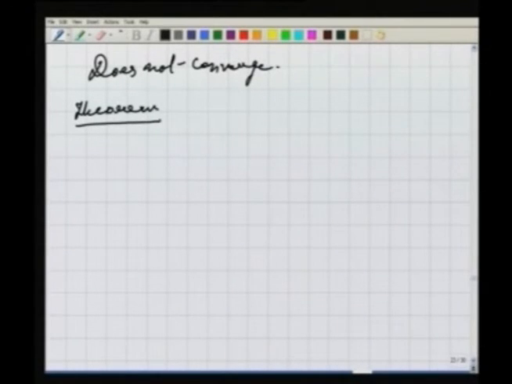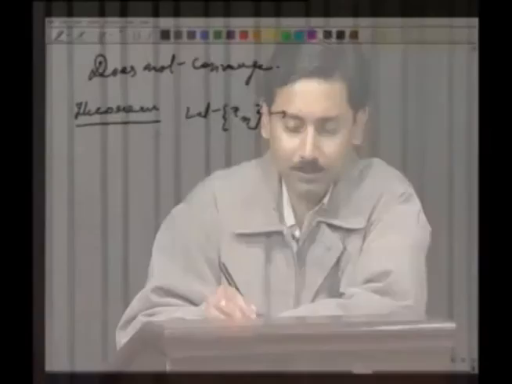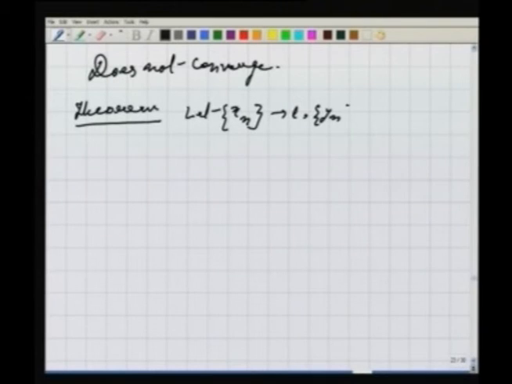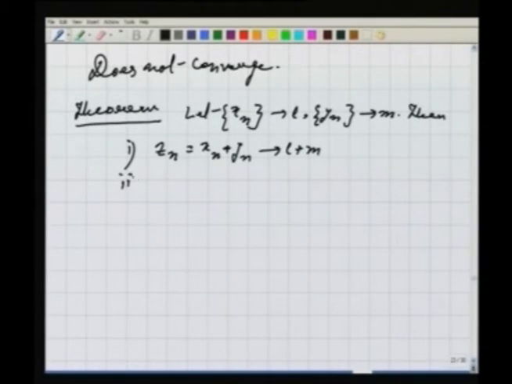The proofs of all these results are very easy, you just apply the definition of convergence and the results will follow. So, let x n be a sequence which converges to L and y n be a sequence which converges to M. Then if I define the sequence z n to be equal to x n plus y n, it converges to L plus M. If I look at the sequence z n equal to x n into y n, this converges to L M. And if M is not equal to 0,